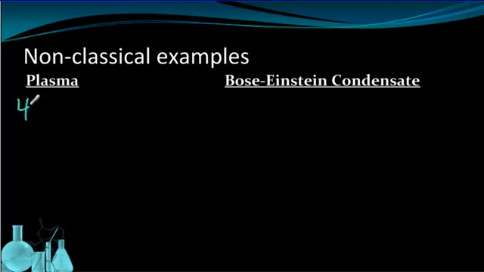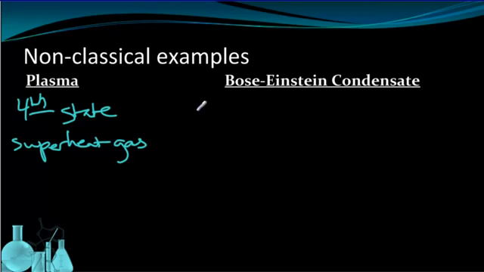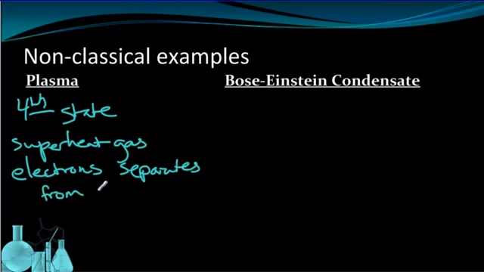Plasma is sometimes called the fourth state of matter. So we have the first three, solids, liquids, and gases, in increasing energy, and plasma is sometimes considered the fourth. It's basically what happens when you superheat a gas. So it's even more energy than a gas. And when you do that, something really interesting happens. The electrons separate from the atoms, and you get a whole bunch of unique properties that are associated with that.